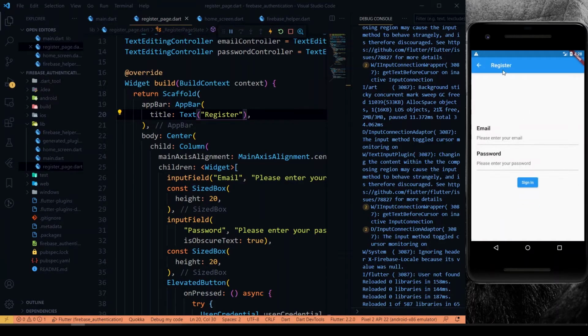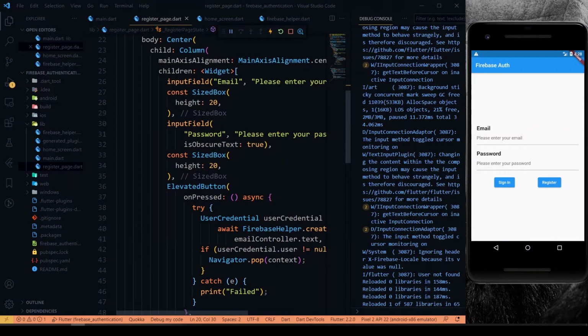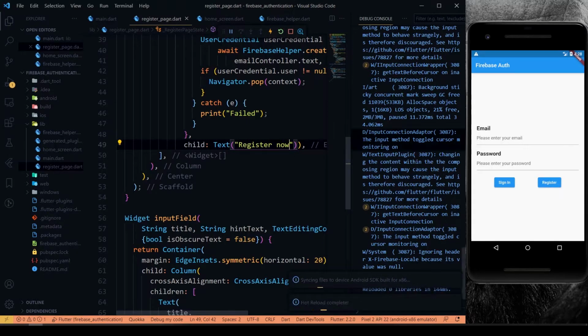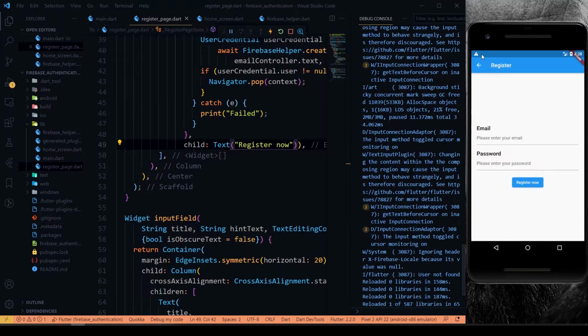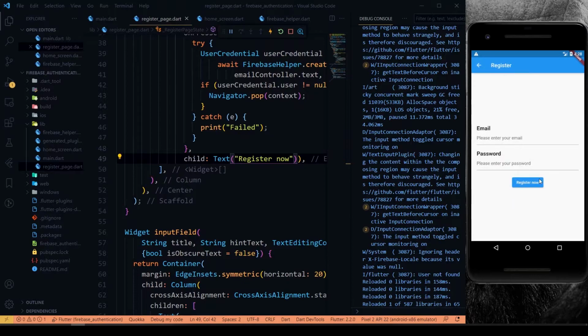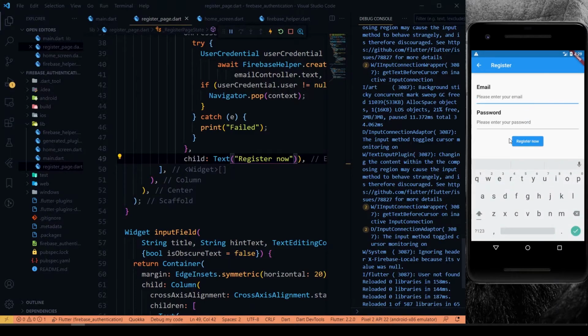Yeah, okay, now it looks good. Inside our register page, I have to change this to register, register now. So yeah, it's good. We'll try to run this register.